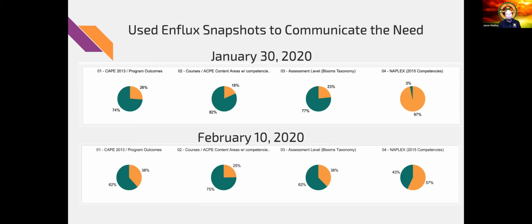So now we're asking them to go back to 2015 and tag everything, and at the same time, keep up with your current tags. So again, the dean actually put a mandate and said, if you do not tag by February the 28th, there'll be corrective action. And typically you don't have to do that with faculty, but we had to do that. And here's why. Enflux for us would be no good without good data. Okay, so good data presents good results or good decisions from that good data. So we have to have the categories tagged appropriately before we really get into the meat of Enflux.